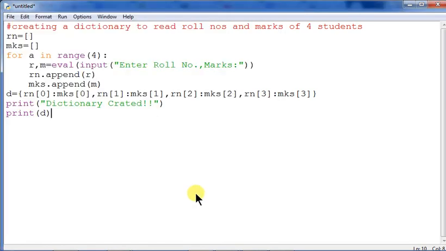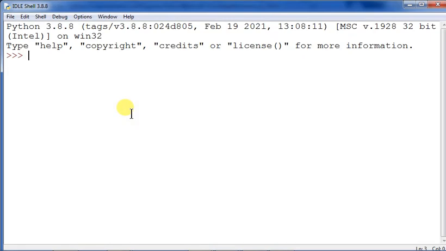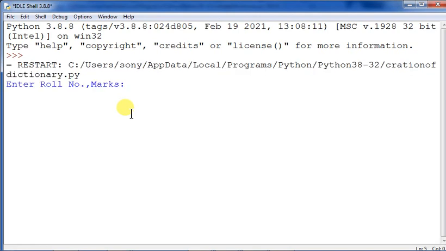So now saving this one, let's see. I am very sorry, the dictionary spelling is wrong, it will be CREATED. Anyway, we'll just change it, check it out. So that is the thing. Now let us see how this is to be done, how the output comes, how to enter, and all that you can see easily.